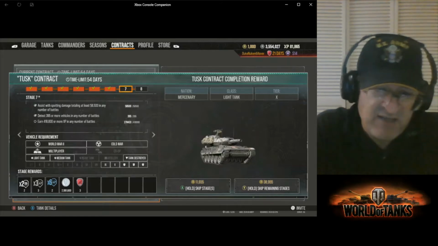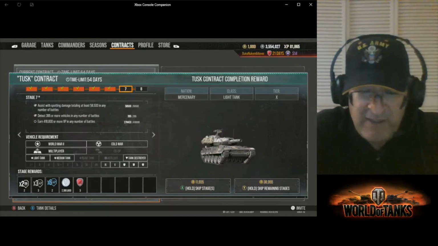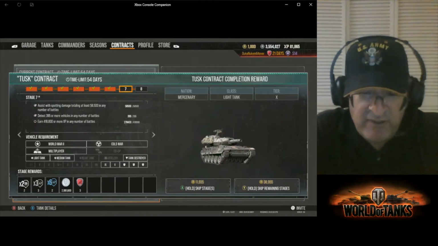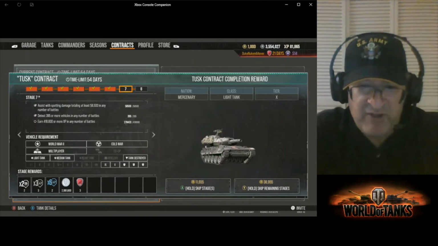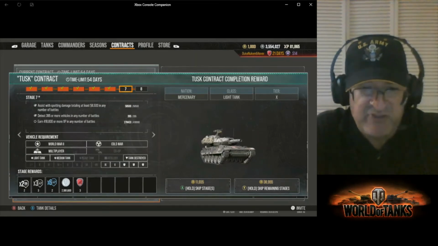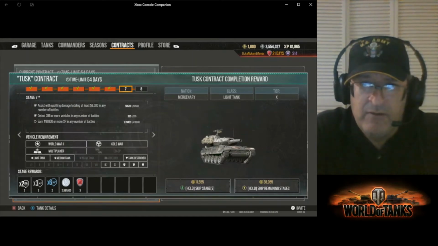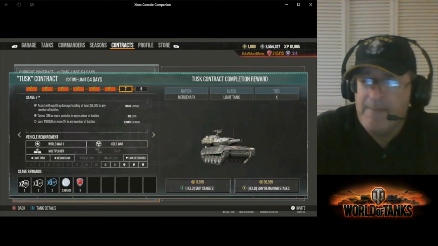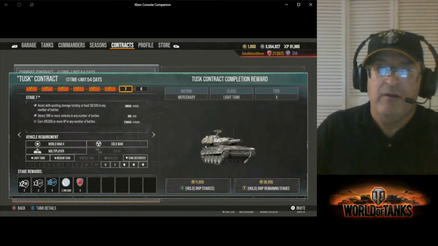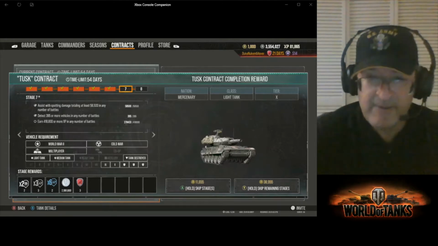But in this stage, I used my Magog medium tank because it's a 175% bonus commander training vehicle. So that thing makes money for you. It's a 150% bonus silver. So it makes you a lot of money for silver. It also gets you a lot of bonus experience for your guys. So